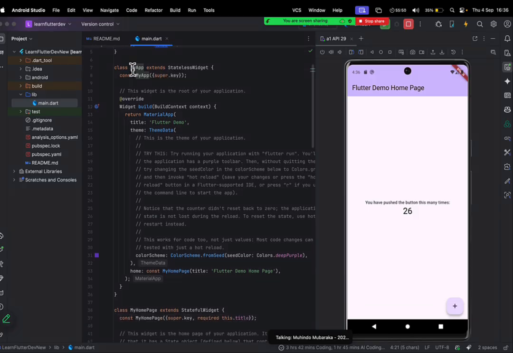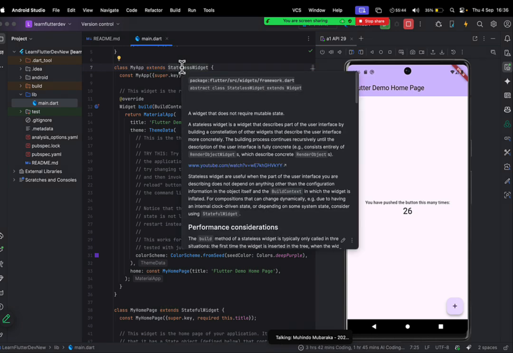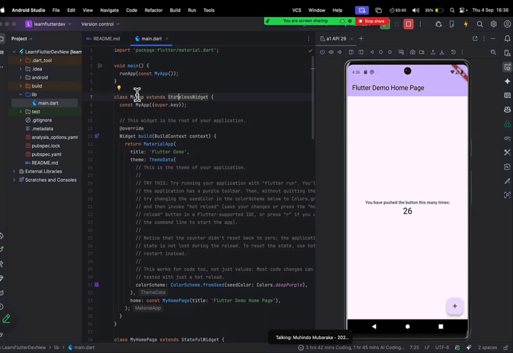So you just simply say class MyApp extends StatelessWidget. We shall look at what's meant by StatelessWidget. It means that this is your application. I mean, this is your class that you've created. But this class that you've created, you have to make it inherit some functions, so Flutter can help you to tell the Android operating system,